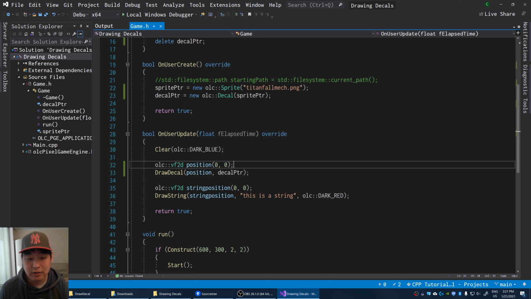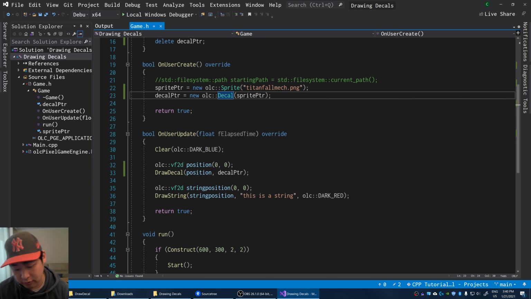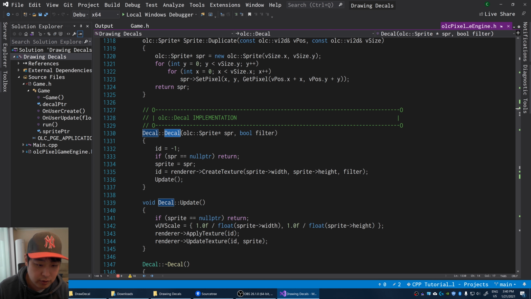So instead of worrying about things like how much VRAM you have in your machine or whether a texture has been loaded onto it correctly or not, you just tell OpenGL what you want. You tell it which sprite you want to load or which sprite you want to render. When you're starting out, you don't really have to understand how OpenGL works. You can later, as you gain more experience, get back to it and learn how it works. But when you're starting out, you just need to know how to tell the API what you want. And in this case, you might not even have to know that because the OLC Pixel game engine does it for you. But if I look at the decal constructor, I'm going to press F12, go into the definition.